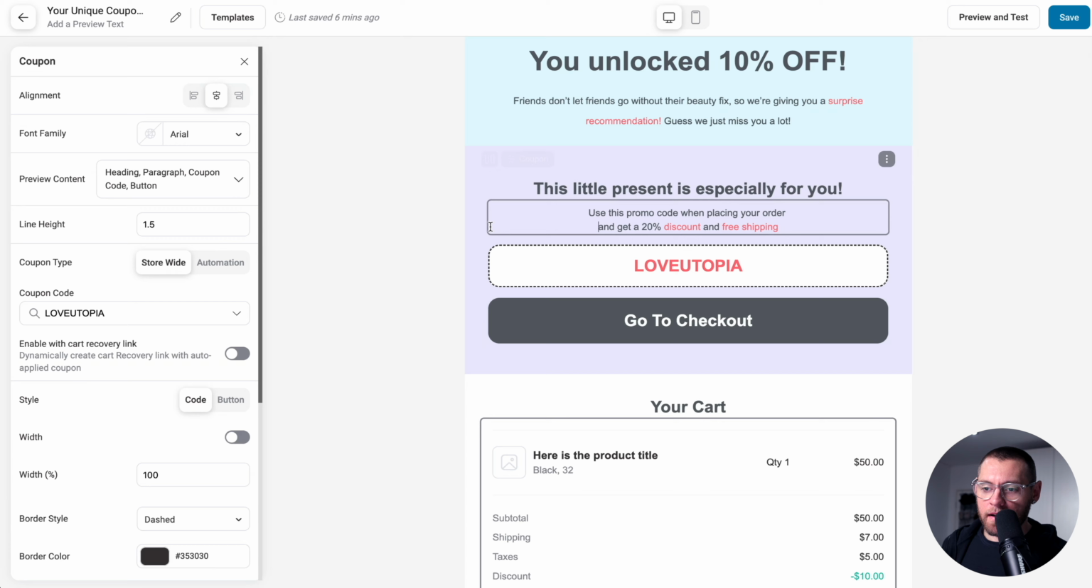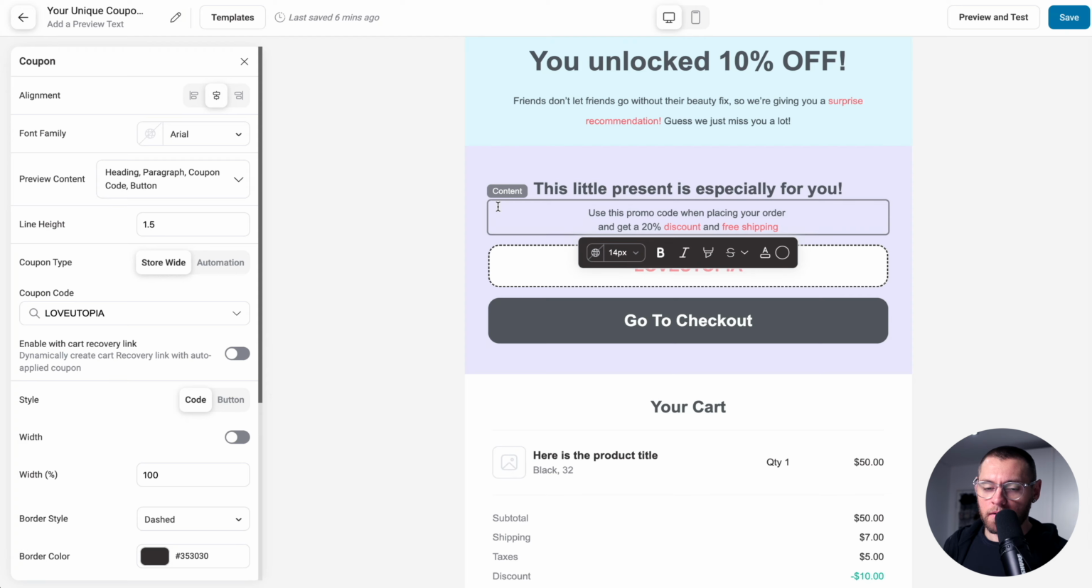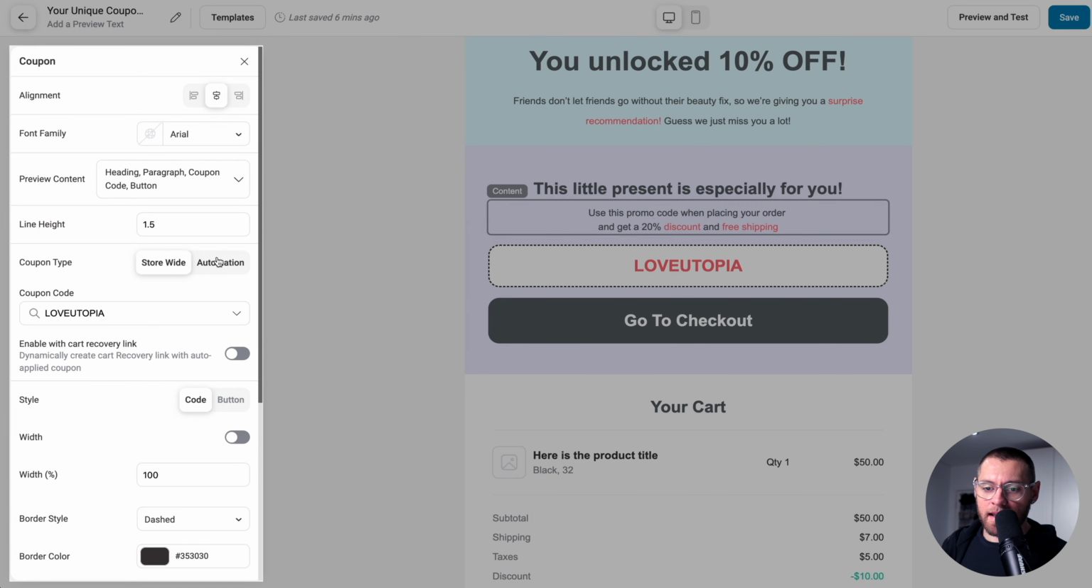Then for the coupon, if I click here, this is a coupon block. So if I exit out, under blocks, we have the coupon block, and we just drag and drop that into the page. If I click to edit the coupon block, under coupon type, we can select automation, and then click select, and choose our AC10 coupon that we created from that action. Down here, enable with cart recovery link, we want to enable this. And just like that,